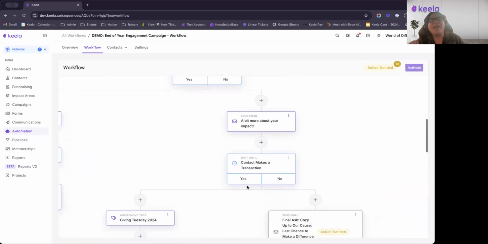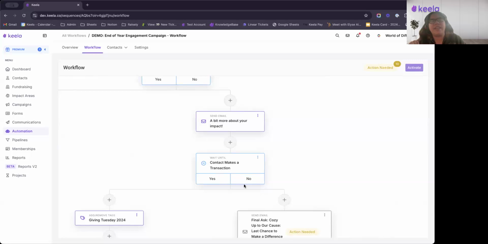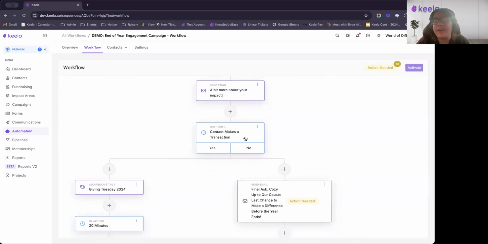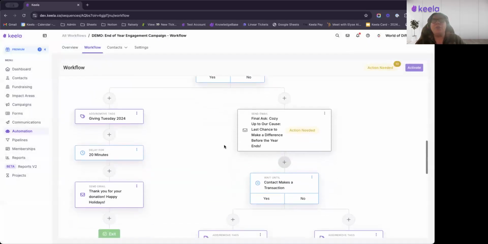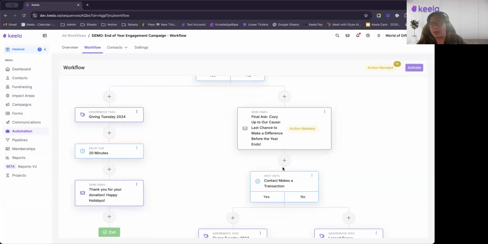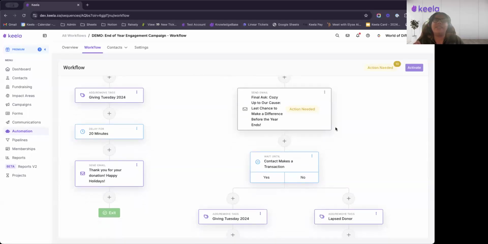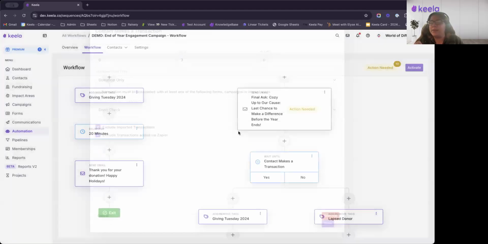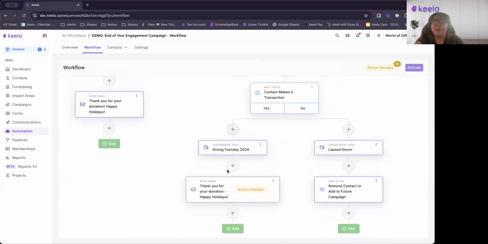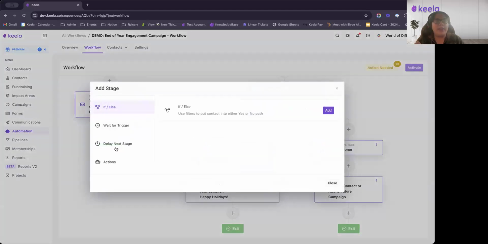All right. So we're back up to this wait until contact makes a transaction again. So they still haven't made a transaction. We've waited another 3 days. We send them a final ask email. In this one, I've called it Cozy Up to Our Cause. It's the last chance to make a difference before end of year. We send them this final ask email. And then again, we're going to wait. Do they make a transaction within 3 days? If they do, we send that email and that holiday thank you again. Oh, and we'll add in our delay